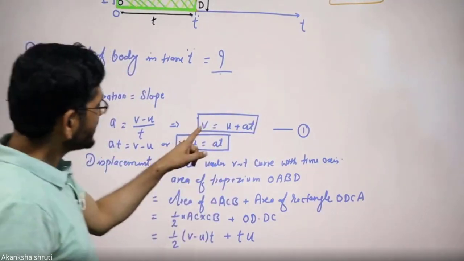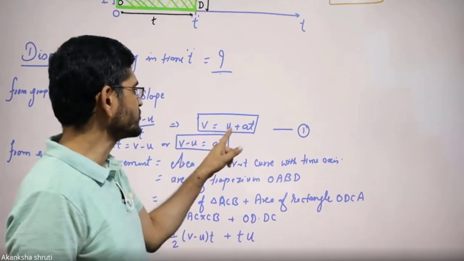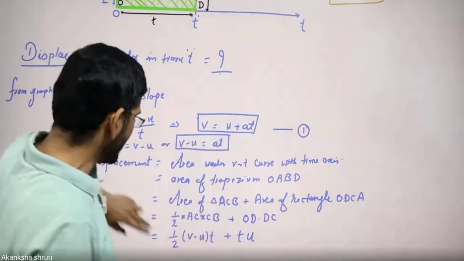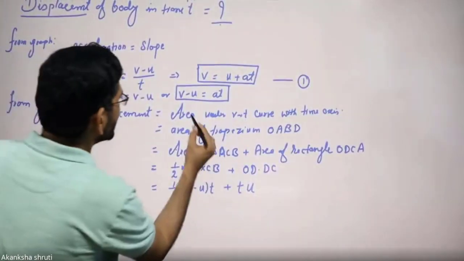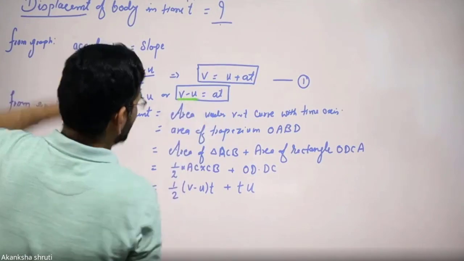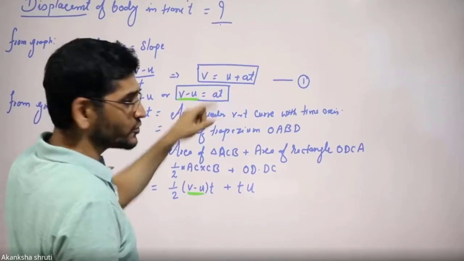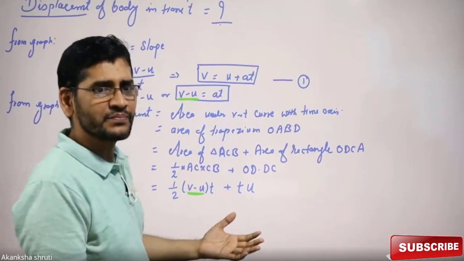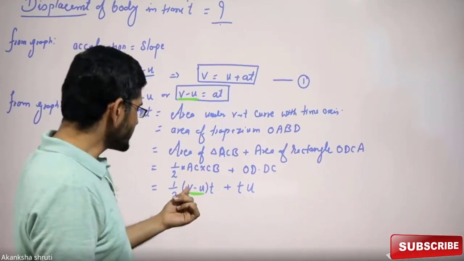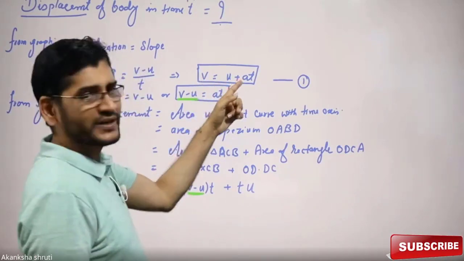Now we are going to use this V minus U is equal to 80, or substitute V is equal to U plus 80 from 1 in equation 2. Here we are getting that. What was this V minus U that we have calculated here? The same is V minus U here. So we can substitute in place of V minus U as 80. That much simple. Or even if you want to remove this V in terms of U, you can use this first. V is equal to U plus 80.